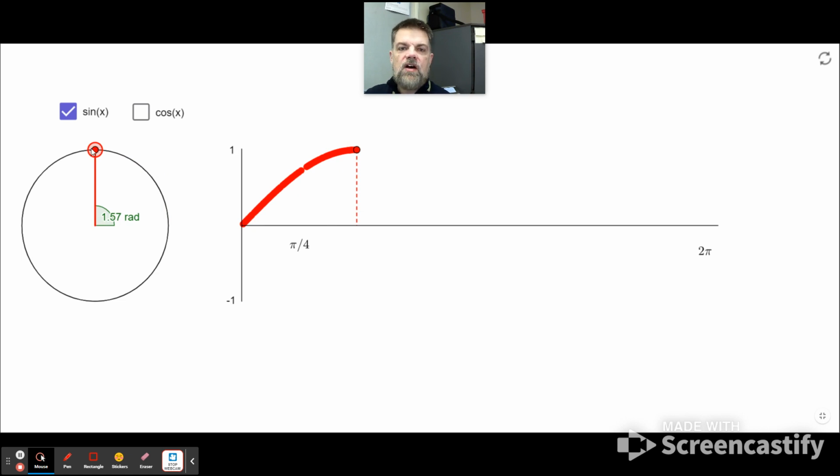The reason we call it a circular or periodic function is because as I rotate around, remember, this is the xy plane, the y value at this point is 0. Well, when does that occur? It occurs at pi, when my angle is pi. It says 3.15, so we're just a little bit past 3.14. So as I rotate around,